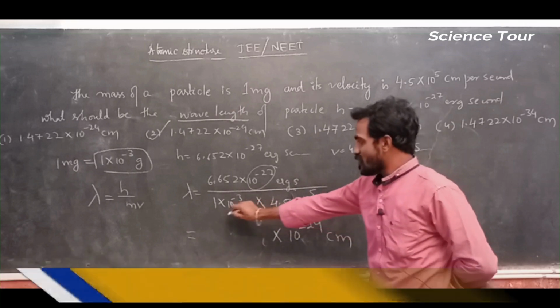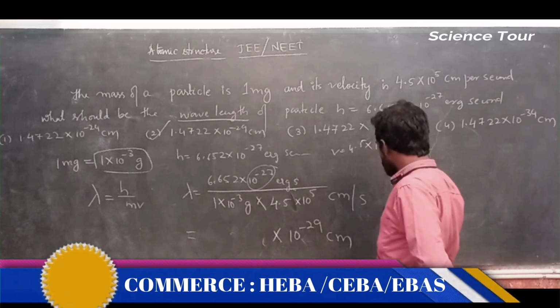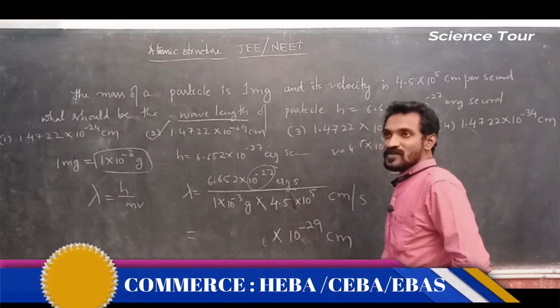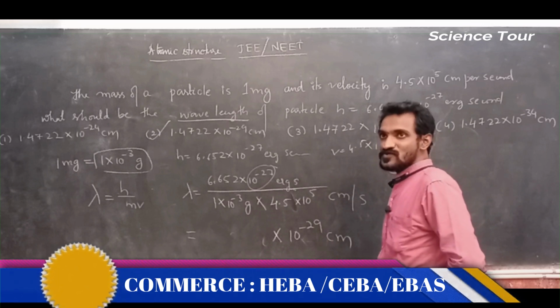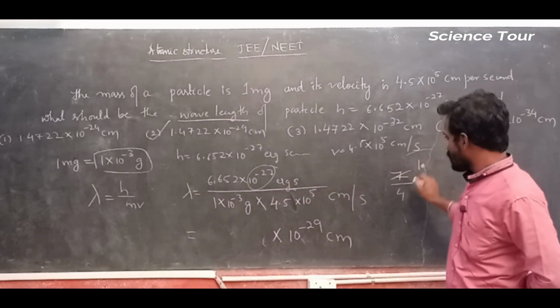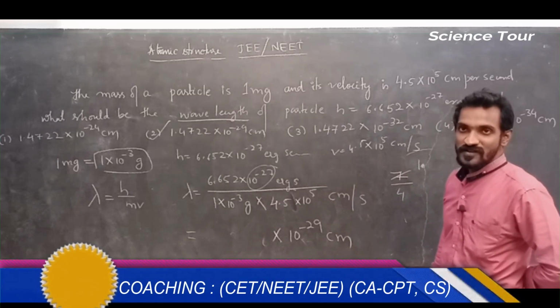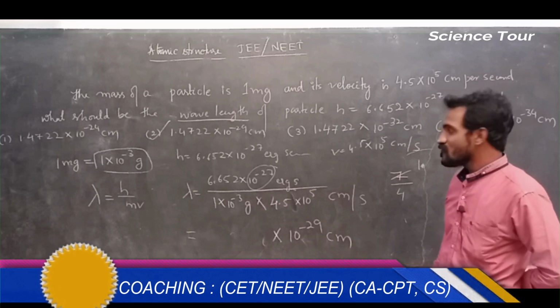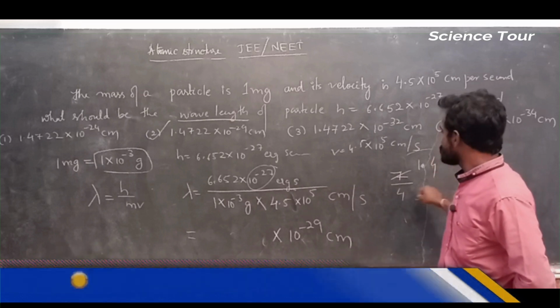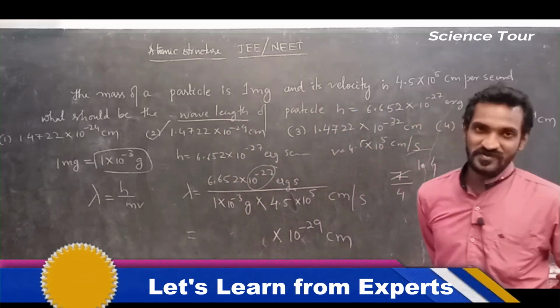And here 1 you leave, 1 is like that. 4.5 is there, you can consider 4. 4 ones are 4, 4 twos are, no, 4 ones are 1 point, correct, no, 1 point, and 4 ones are 4, 5, 6, 7, 3, correct, no, 1.4 something. So the answer is 1.472. Very simple calculation, my dear students.